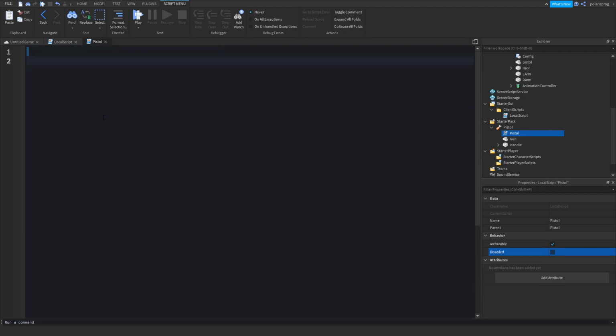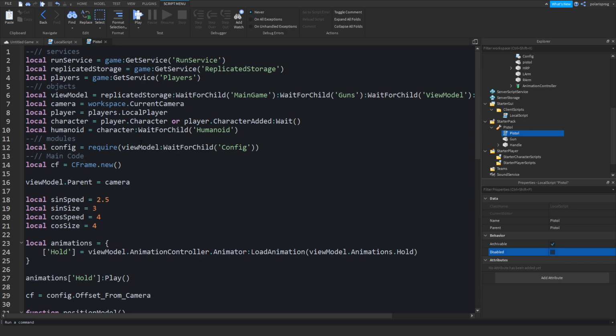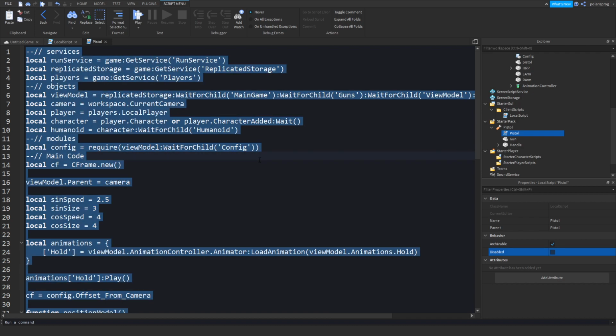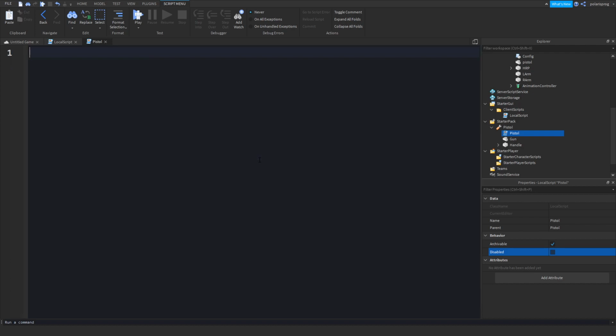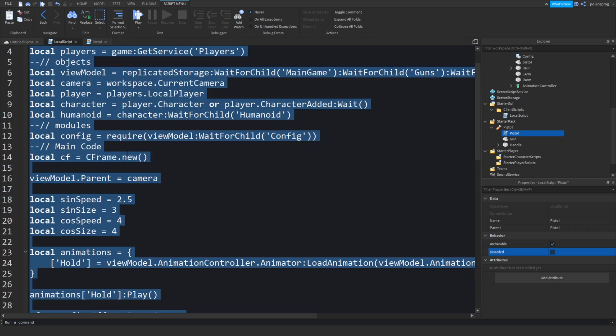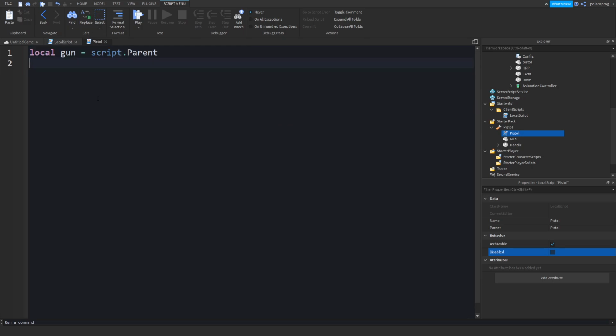So we're gonna copy all of this, paste it right here. Now what we're gonna be doing is having an equipped event. So I'm just going to delete all of this for now, and we're gonna set the tool, so local gun is equal to script.parent, and then I'm gonna create a variable for the, I think we just need the gun, we need a variable for the players, and we need a variable for when the player equips this. So script.parent or gun.equipped connect function,